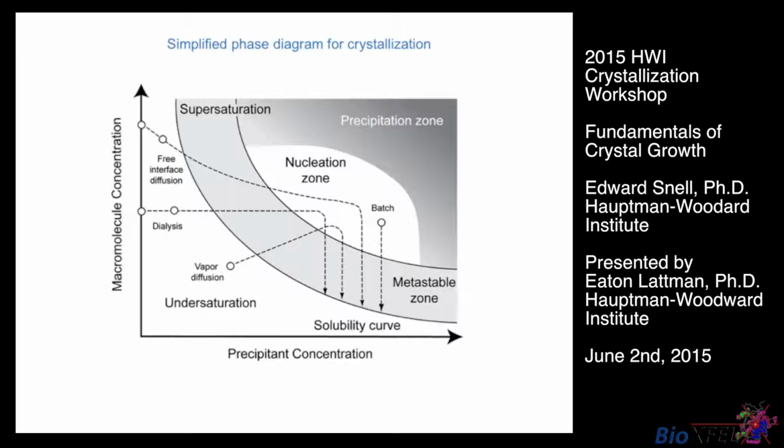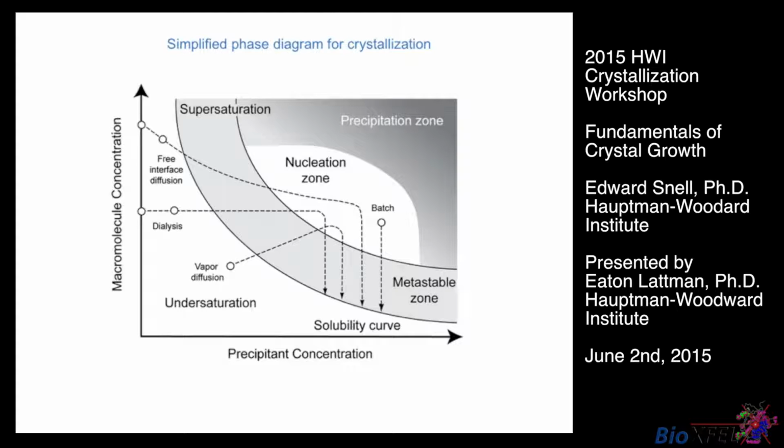This is a zone over here in which nuclei will not form but will grow. So the dotted lines in this picture illustrate the trajectories across this phase diagram of various kinds of crystallization experiments. The experiment called batch means that you take a solution of protein and you dump it in the precipitating agent suddenly all at once. And so it starts over here in the nucleation zone, if you're lucky, and gradually follows